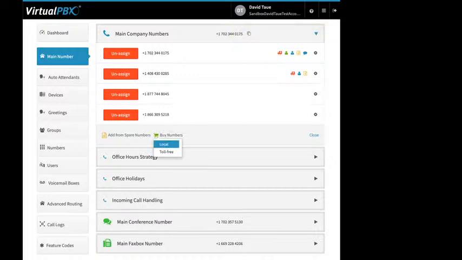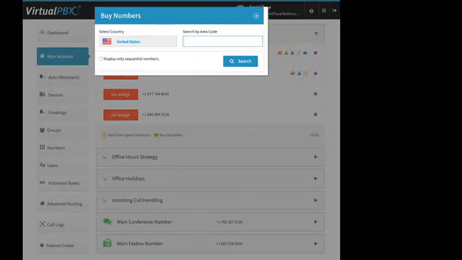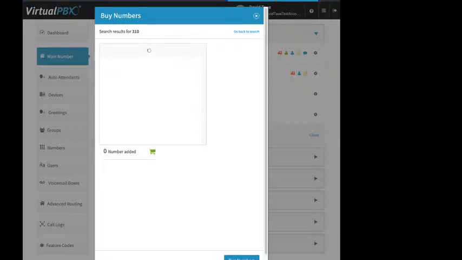For local numbers, it's slightly different in that you need to know the area code that you're looking for. Now, something that will come up sometimes is if you search an area code, you may get this message: Sorry, we could not find any numbers. That is because some area codes are what's referred to as exhausted. The maximum number of phone numbers in a specific area code is under 8 million. Some of those are allocated to specific carriers, and we may not be able to get them all. In terms of this 310 area code, this was one of the original area codes that was created in